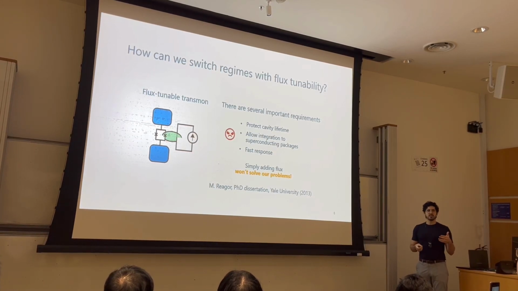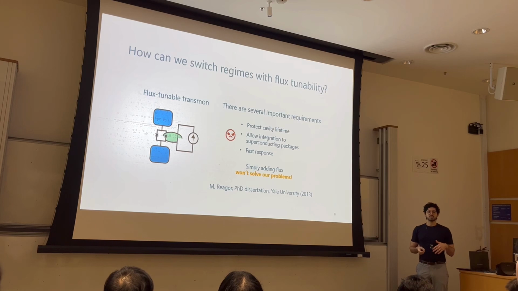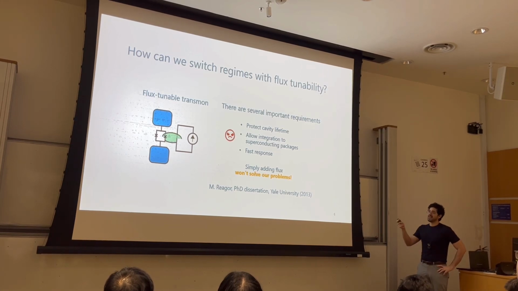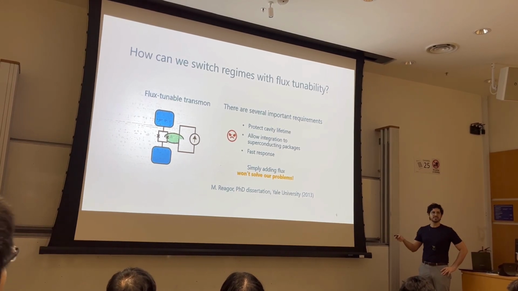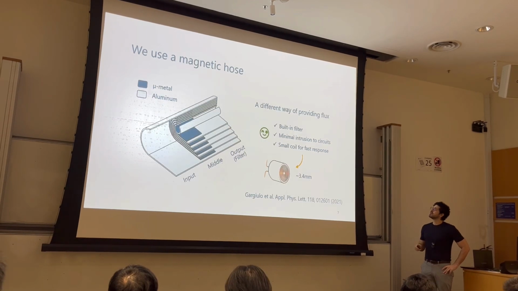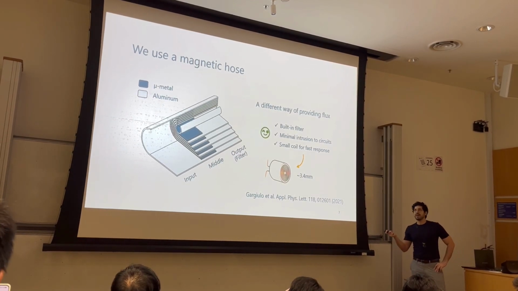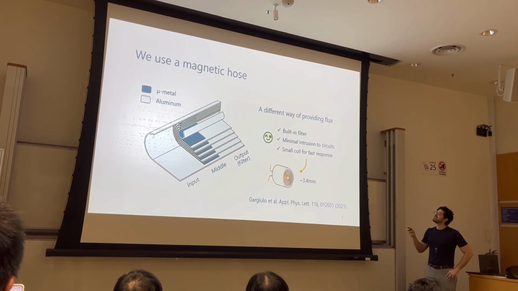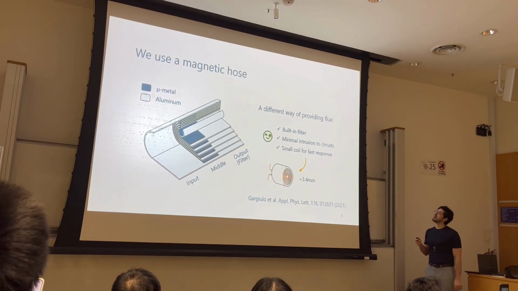sadly often comes at the cost of reducing the cavity lifetime. So that's our challenge, introducing flux tunability to access these light interaction regimes without destroying the cavity lifetime. Our suggestion is to use a magnetic hose, which I actually presented here before, the intermediate project that we had,